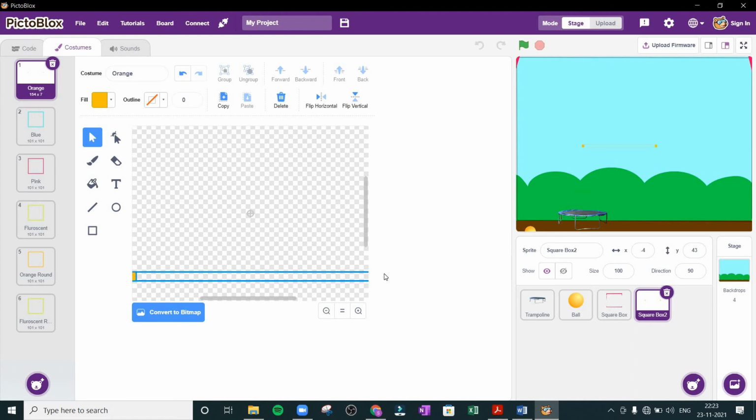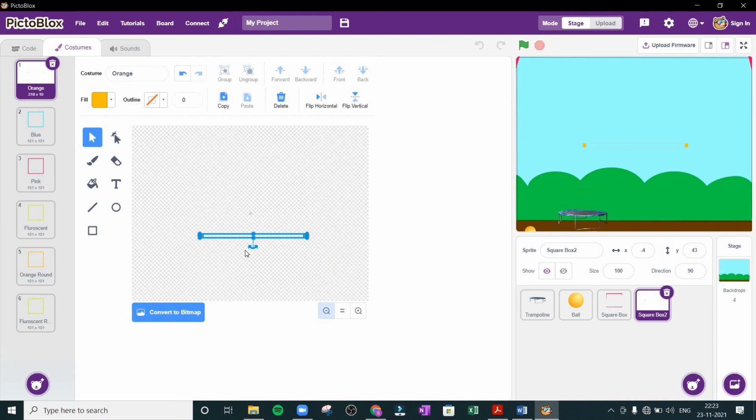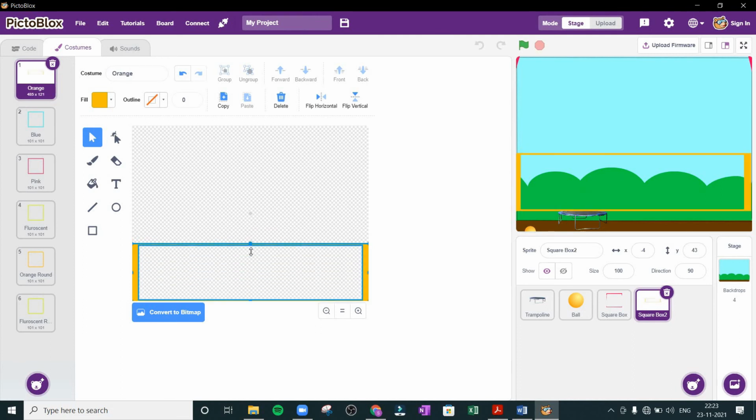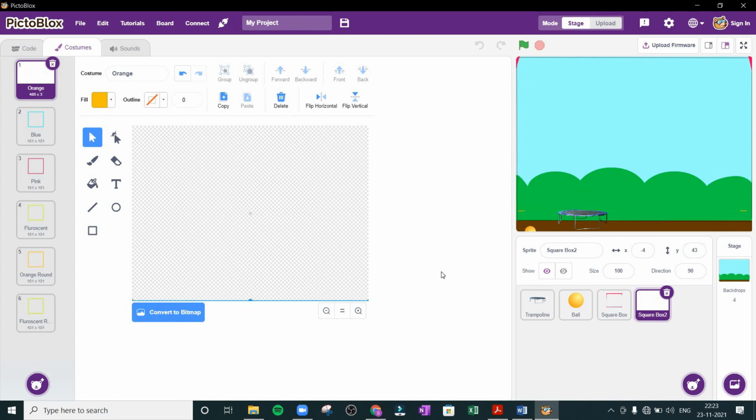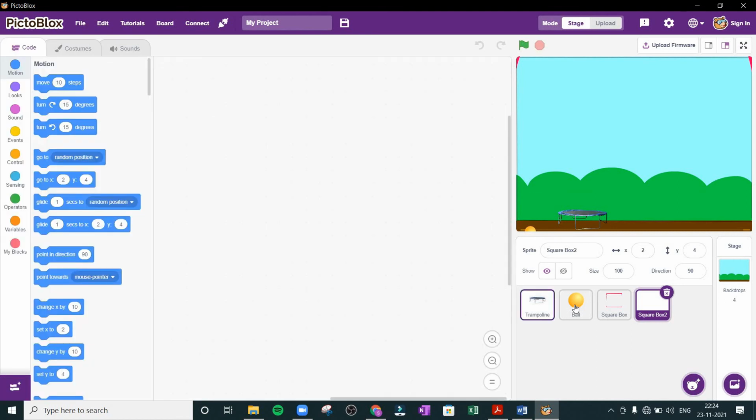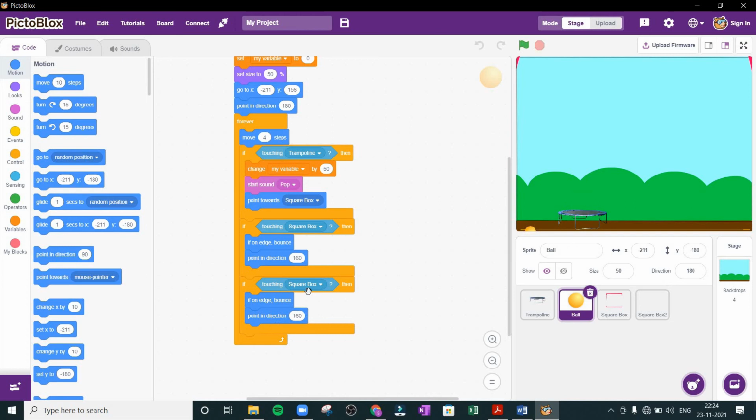This, move this, reduce. Make it thin and move it down. I'll make it thin, move it down. Now you can see here, it's somewhere here. You can move it down. Just move it. Okay, now back to the code of the ball, and then if it is touching the square